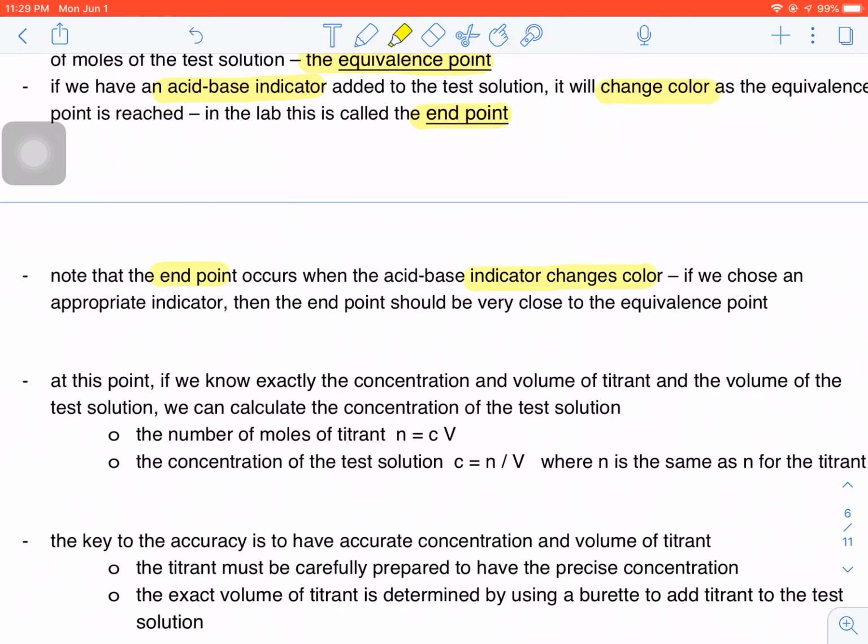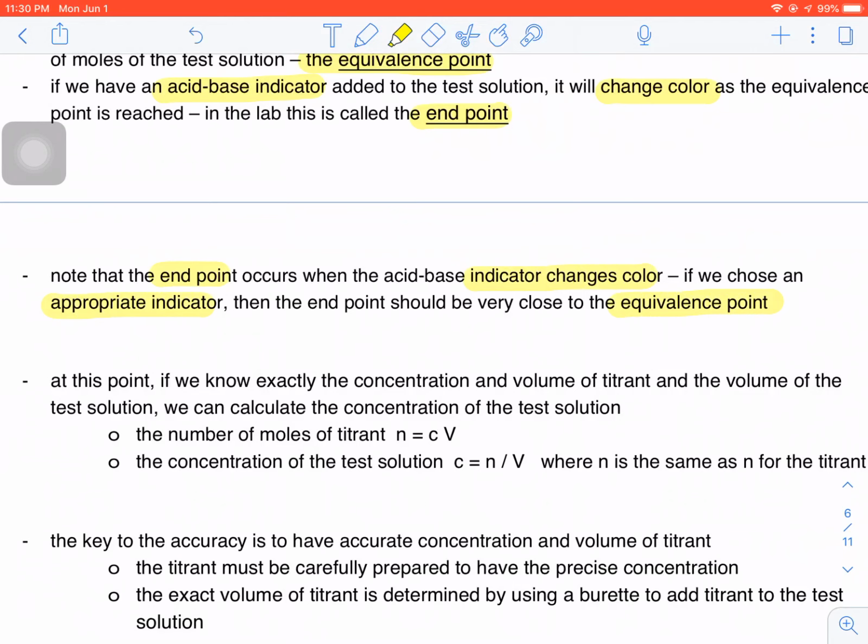We're not going to get into which indicator to use for which, because that's about a 2-day discussion. So we're just going to use what we say is the best indicator to do the lab. The best indicator is the one that changes color at around the pH where the equivalence point is,